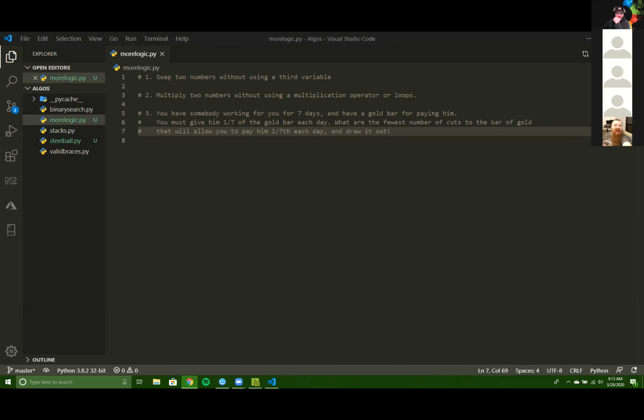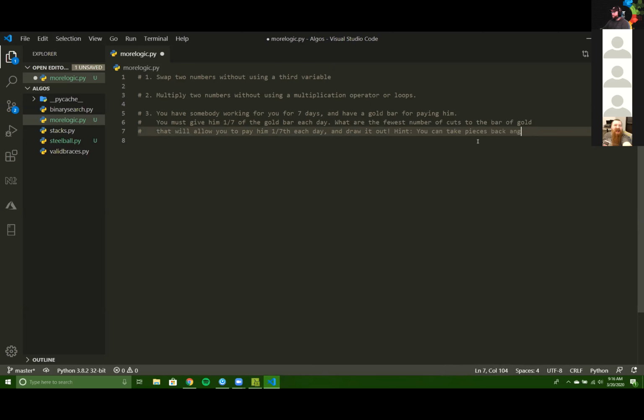Okay, so hold on. You got someone working for you for 7 days and a gold bar to pay him. The gold bar is segmented into 7 connected pieces. You must give them a piece of gold at the end of every day. A hint, you can take... So this one's not worded well. Doesn't seem like it, no. What and where are the fewest number of cuts to the gold bar that will allow you to pay him 1/7 each day? Hint, you can take pieces back